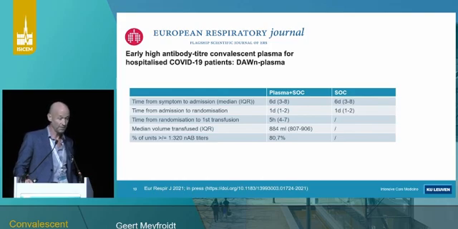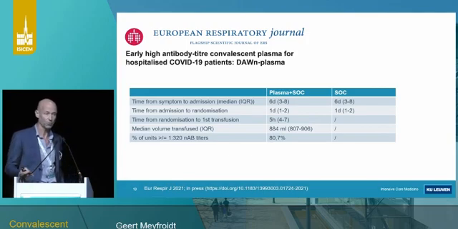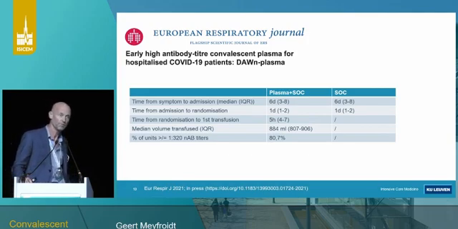And this is the intervention, what we intended to do. So we wanted to have the intervention and the randomization early. Patients were admitted to the hospital median 6 days after symptom onset, and were randomized within 1 day, and the plasma was given within 5 hours after randomization. So we think this is quite successful, and this is the way we intended it to be.